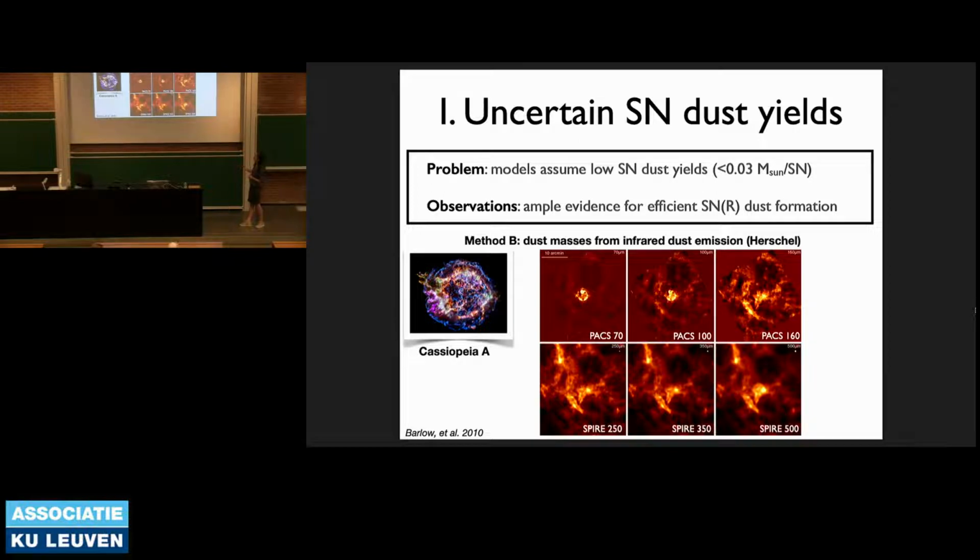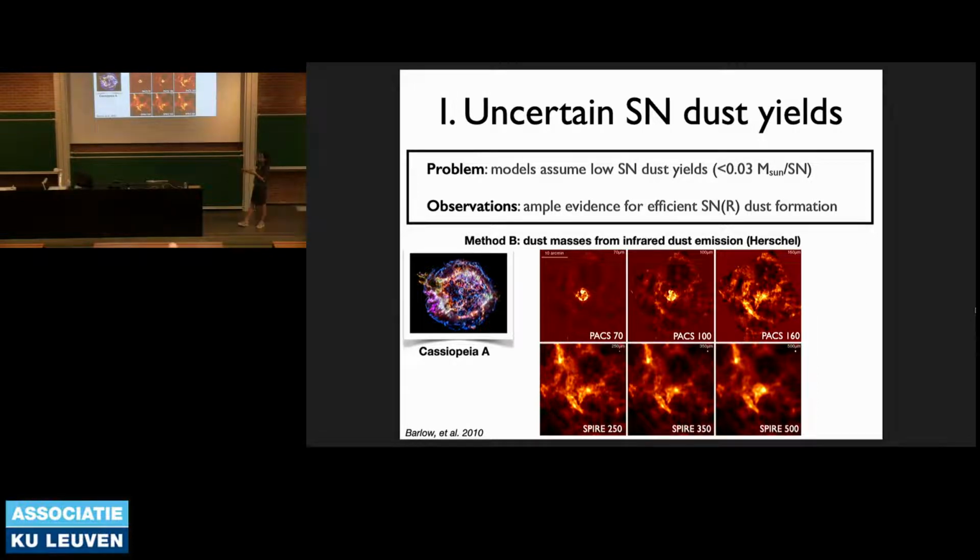Looking at all the Herschel maps here, you can clearly tell when you look at shorter wavelengths that you're dominated by this hot dust emission in the reverse shock region. You still see it at 70 and 100 micron, and then it becomes a lot less clear when you move to the longer wavelength SPIRE wavebands. And the problem is that at those wavelengths, the supernova dust starts to be at around the same temperature as the surrounding interstellar medium, so the dust that you have in the ISM.